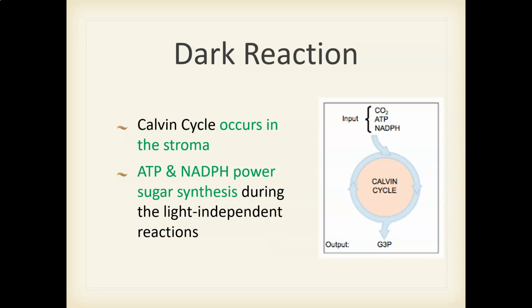So the Calvin cycle is going to occur in the stroma, and we're going to use the ATP and NADPH from the light reactions to drive this cycle, as well as needing the input of carbon dioxide. And ultimately, we're going to produce sugars, specifically this sugar precursor molecule, something called G3P, which we can then put together multiple G3P molecules to make glucose, as well as other molecules that the plants might need that have a sugar derivative.